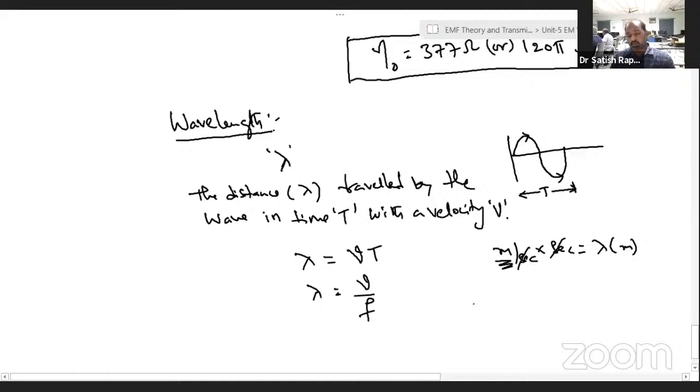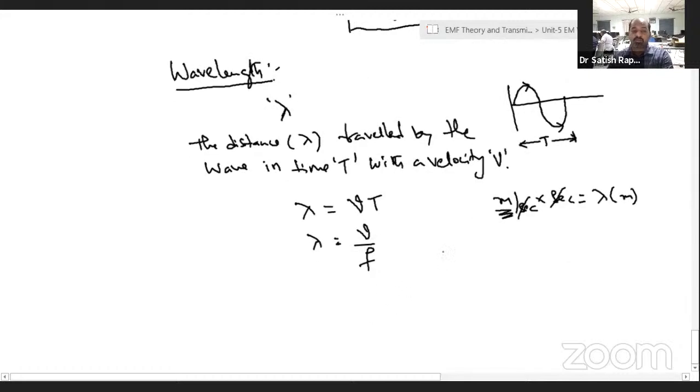Sometimes it is denoted as c, the velocity of the wave or the light. Because time t is equal to 1 by f,